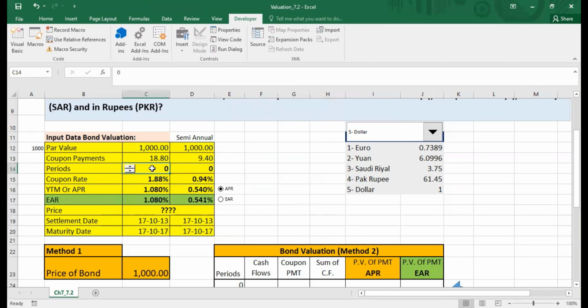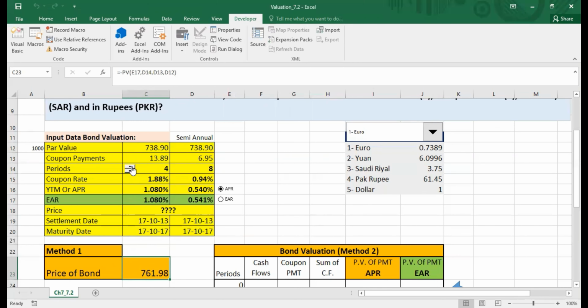Now when we click OK, it suddenly becomes 0, because we said the starting value is 0. You can change it to any number. So if the year is 1, then there will be 2 semi-annual periods in 1 year. If the year is 2, then 2 years have 4 semi-annual periods. You can also see that the formula is working very nicely and the price of the bond is changing. So all these buttons are effectively working.